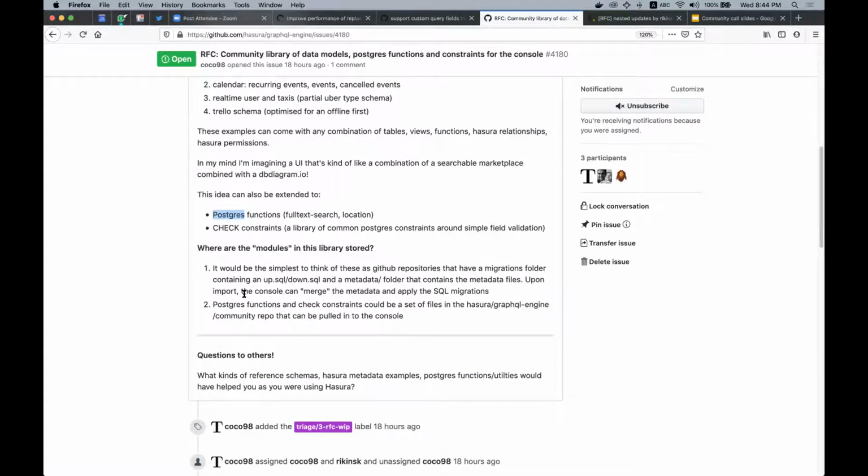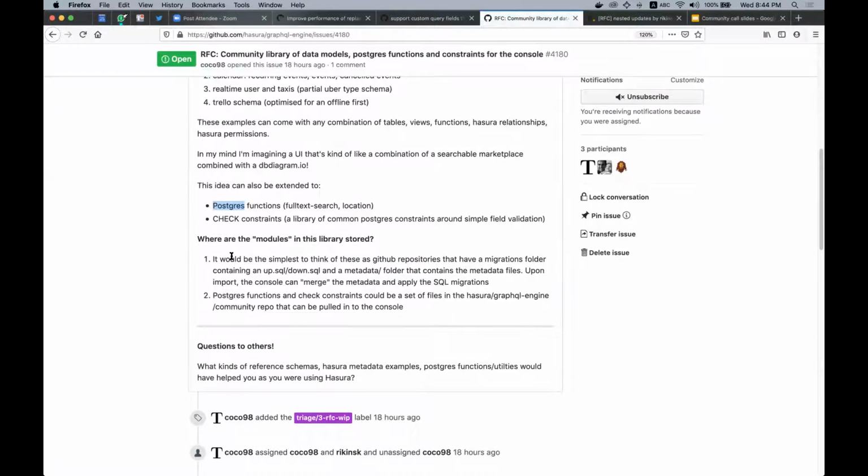Just to add a little more clarity, the way I imagine these modules, or these shareable units, since everything that we're doing on Hasura is declarative anyway, right? Everything is either Postgres or metadata combinations. All of this is basically just metadata. These are all declarative files that can be put into a GitHub repo and shared. In a sense, it basically looks like a minimal version of a Hasura project, right? So any module would be a combination of migrations, metadata, and it may have all of it or it may have some of it, right?